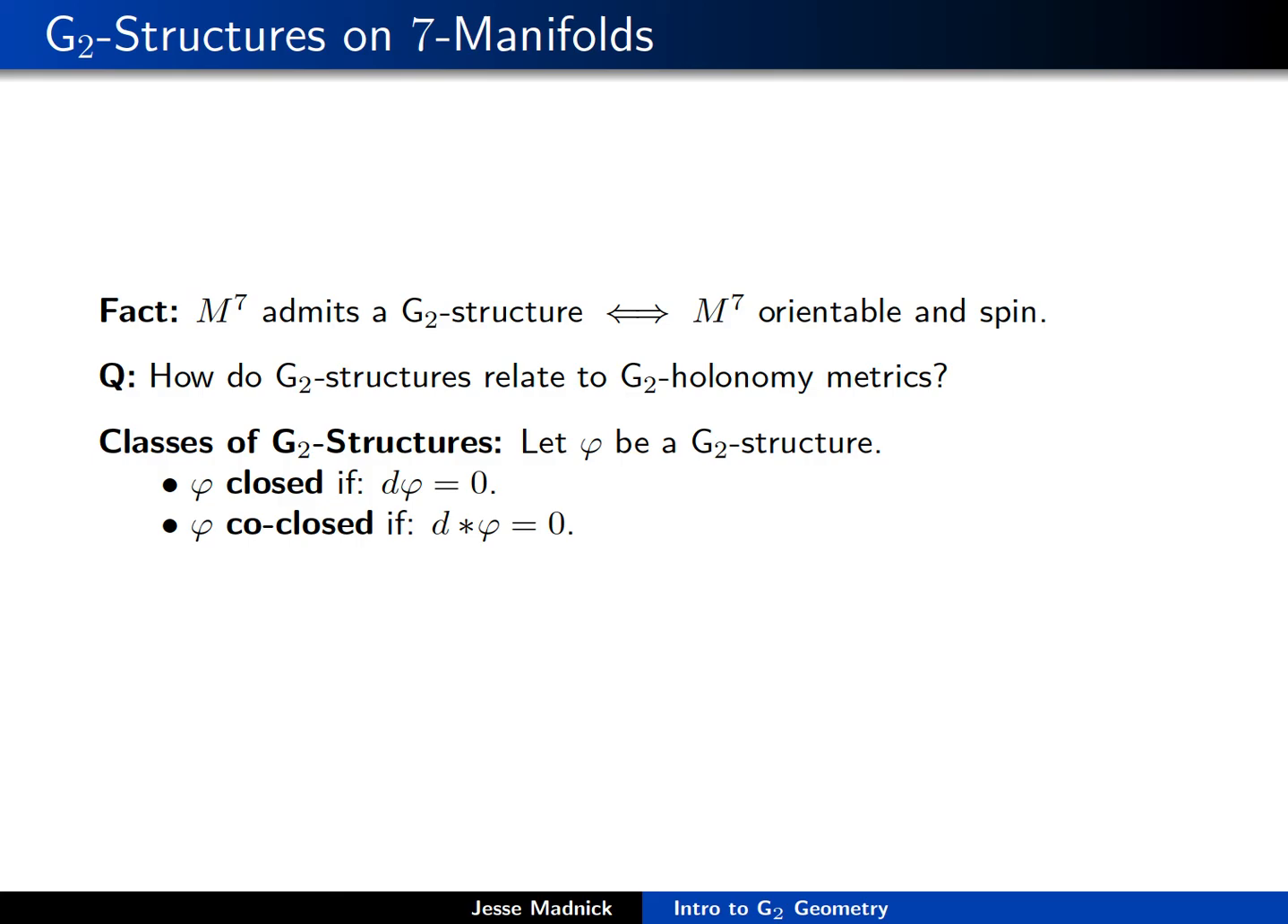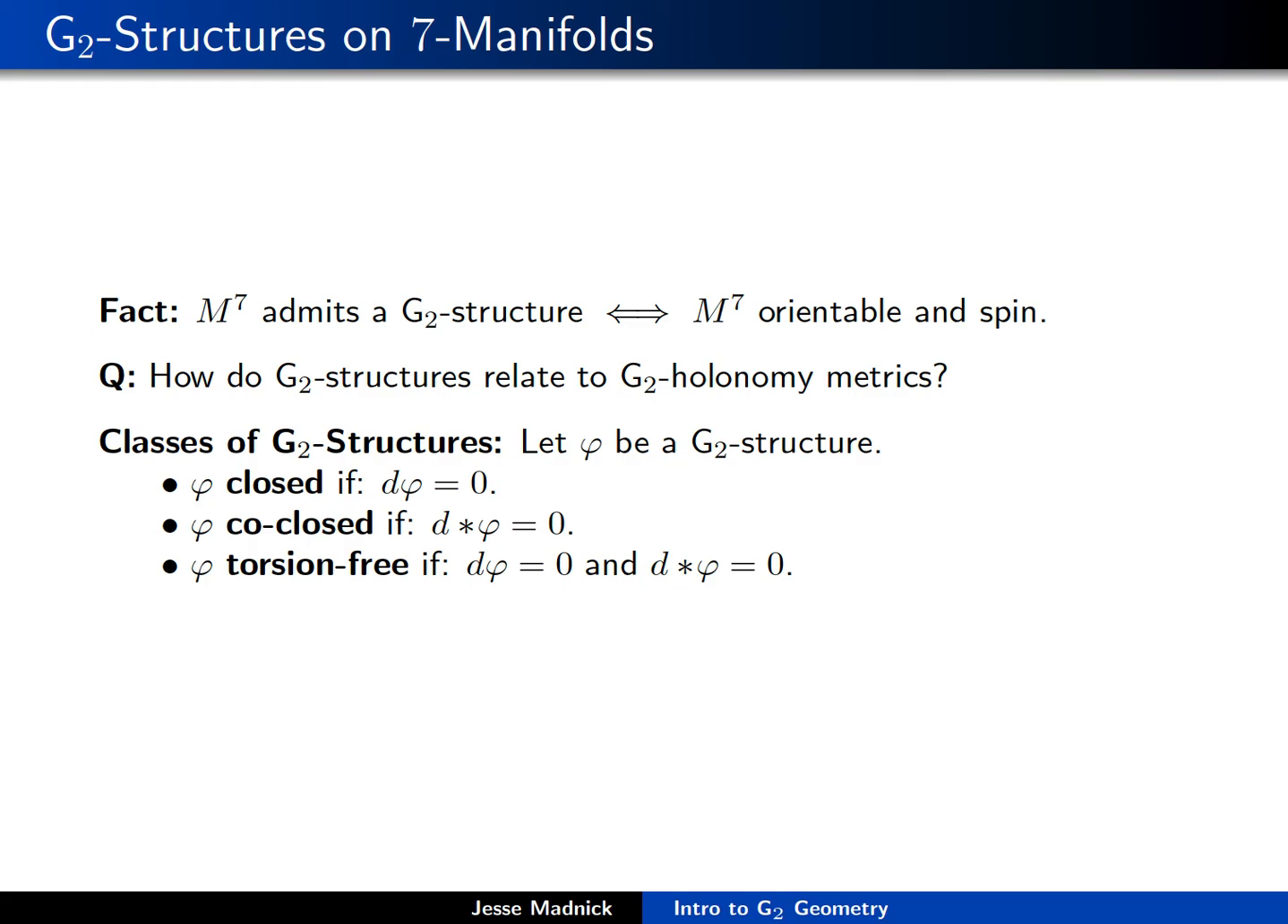We don't know which 7-manifolds admit a closed G2 structure. We also don't know which 7-manifolds admit a co-closed G2 structure. In fact, the classes of 7-manifolds that admit a closed G2 structure and those that admit a co-closed structure are believed to be radically different. We're interested in the intersection of those, a condition called torsion-free. Say that phi is torsion-free if it is both closed and